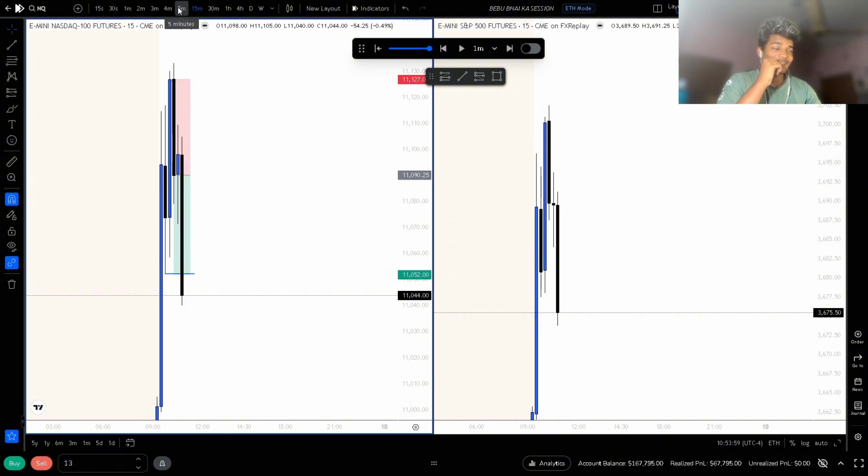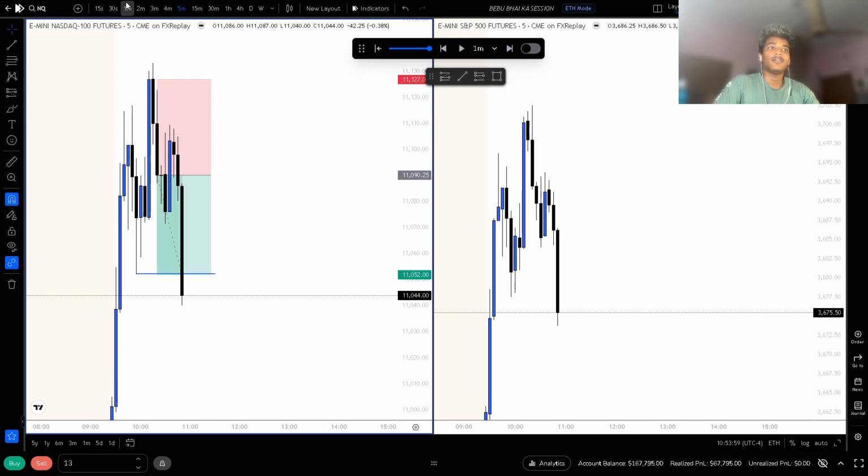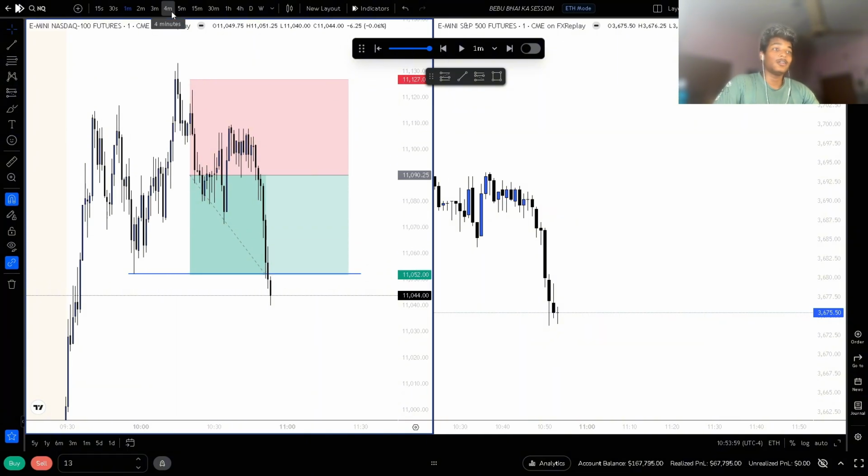So why I took this setup is, the market has inversed the 4 hour and the 1 hour, because we have 4 hour unmitigated below us and 1 hour unmitigated below us as well. And this 15-minute unmitigated gap is actually a very nice round liquidity, and we were also having this low resistance liquidity. And I said that I don't take trades targeting the 5 or 15-minute gaps, but if there is a 5-minute inversion and you are getting a nice risk to reward targeting the 15-minute gap, then you should take that.